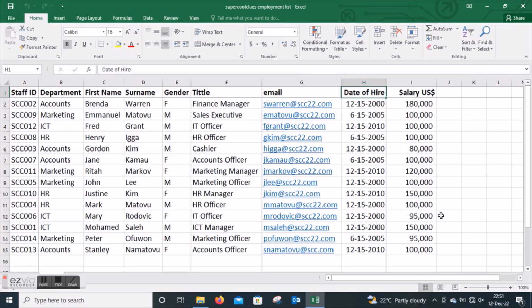In this video, we are going to demonstrate how to sort data in Microsoft Excel using the simplest method. There are many methods of sorting data, but here we're going to sort using the simplest. And for the simplest to work, you have to have the first row as a header row with the headings